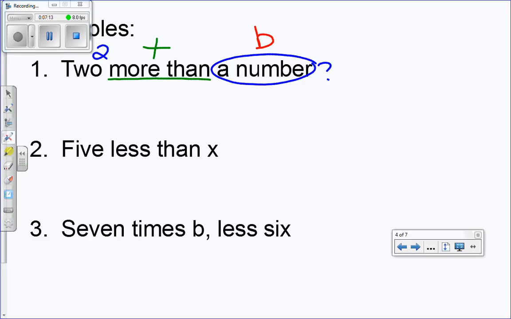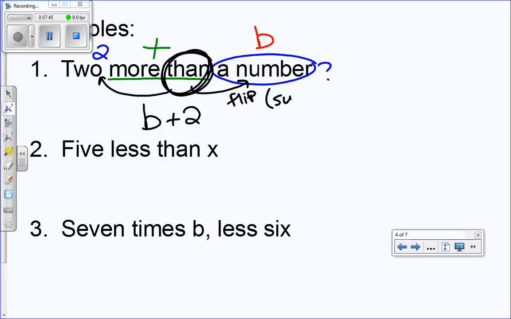Here's one thing I have to be very careful of. It's not as big of a deal in addition, but it matters in subtraction, so we're going to apply the rules everywhere. That word than is kind of a trick word. When I see the word than, and it's only when this word appears, that word is telling me to take the two things on the opposite sides of my operation signs and flip them. So my final answer is not going to be 2 plus b, it's going to be b plus 2. The word than is telling me to flip or switch the order. So please be very careful, and we'll have plenty of examples where we'll see that or it won't be there